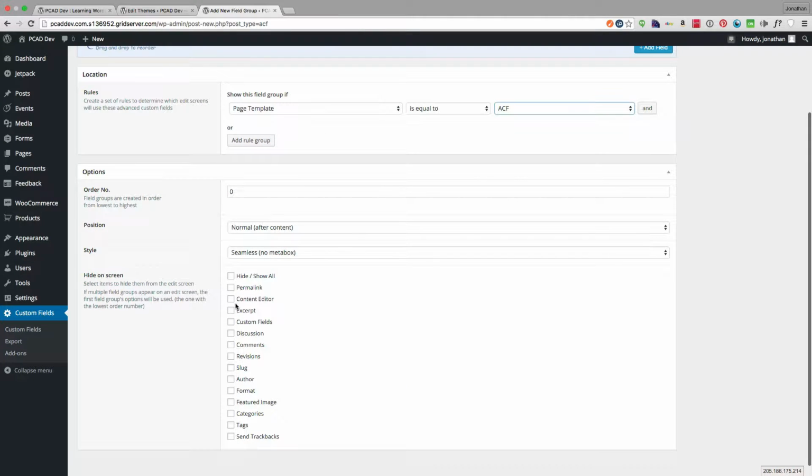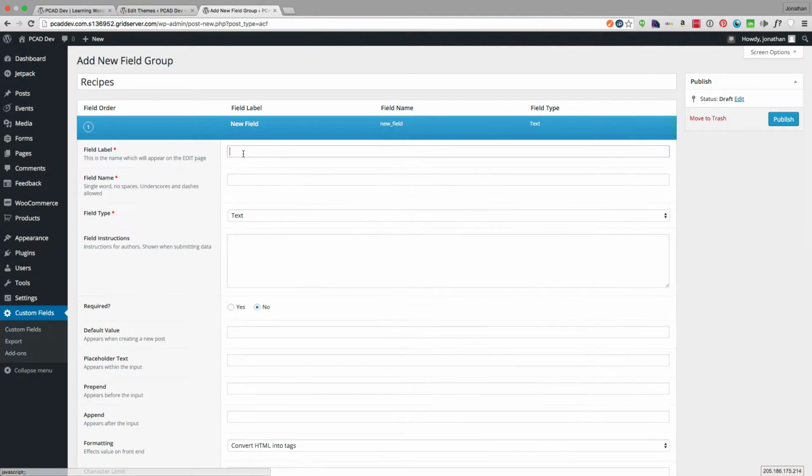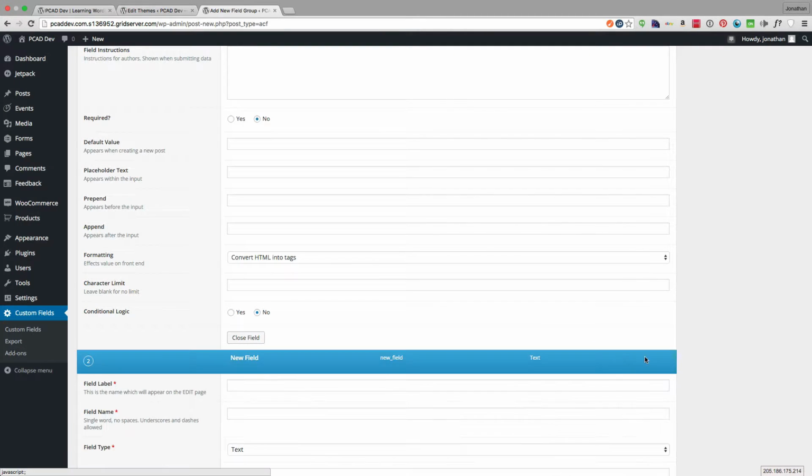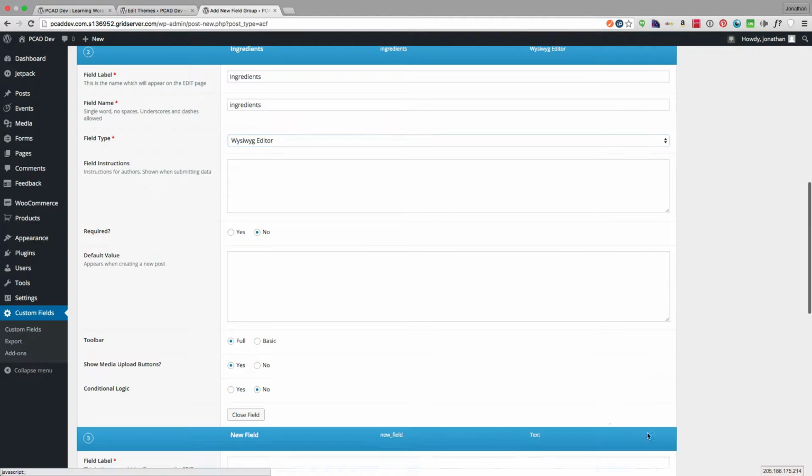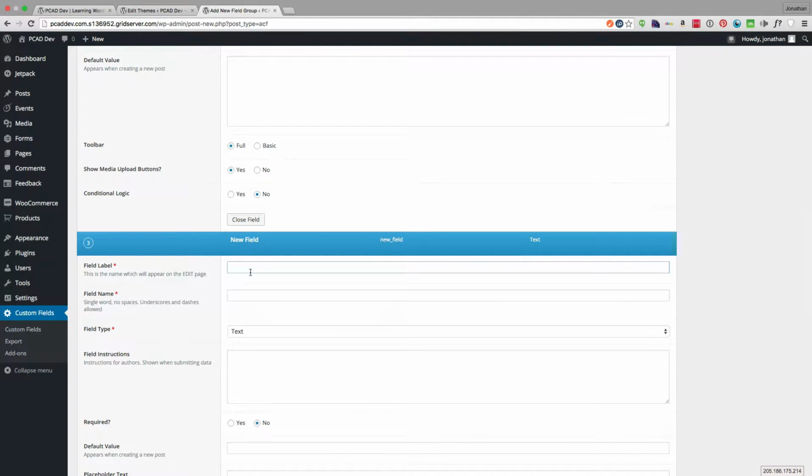Okay. A couple other settings down here. I want to turn off a few of these things just so it doesn't get in my way and disrupt what I'm doing. And we're going to start adding our fields. We can use our title, which is going to be the name of our recipe. The next thing we want to do is ingredients, and we're going to use the WYSIWYG editor for that. The next thing we want to do is,